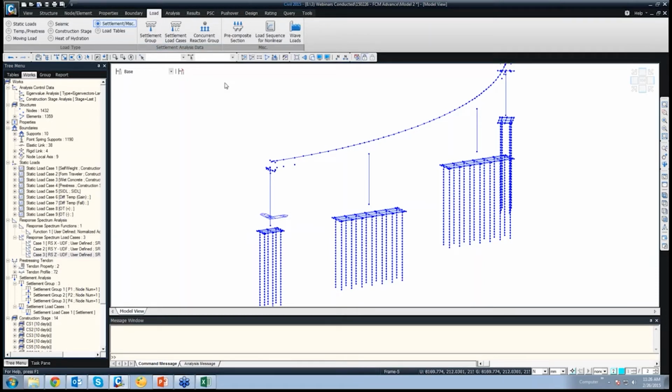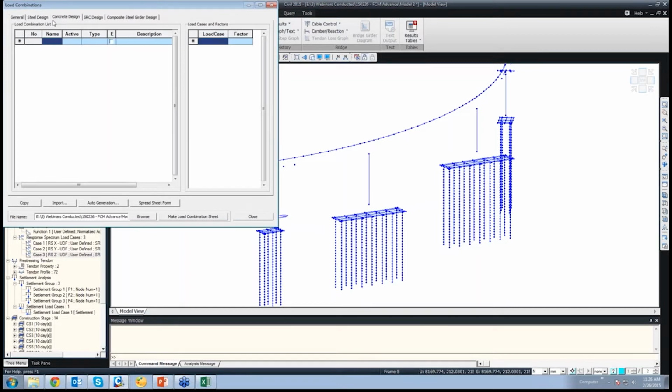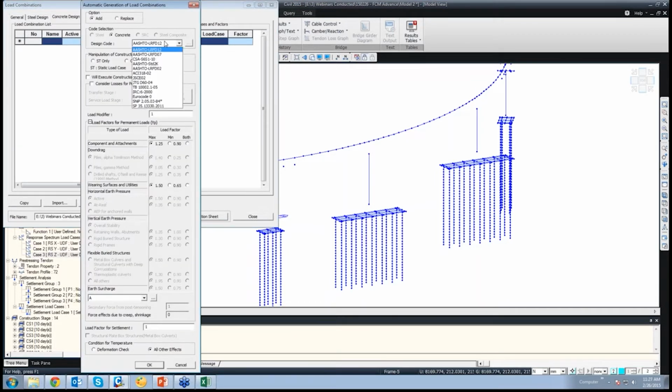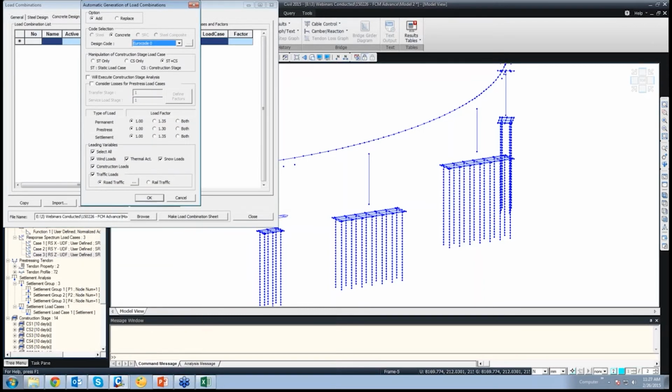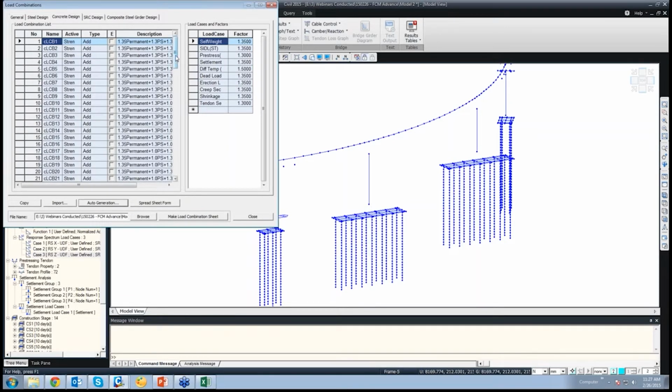Now for creating the load combinations, we'll go to results, to load combination. We'll go for auto generation. So we'll select Eurocode 0 over here. For the load combination for static plus construction stage, we'll consider both the factors, where one is leading, where one is accompanying, and say okay. So automatically the load cases are generated.